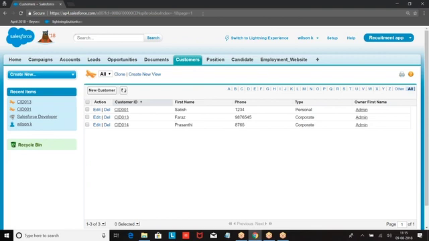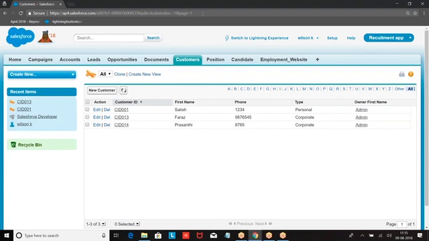Criteria based and owner based are automated sharing rules. So all the records which are owned by me, today there are 4 records. Tomorrow I may own 10 records. All the records which are owned by me will be automatically shared with this guy. Tomorrow if I add 2 more records to my name, automatically they will also be shared. Criteria based: whichever records are meeting the condition will be shared with the user. Tomorrow, if 10 records are meeting the condition, 10 records.